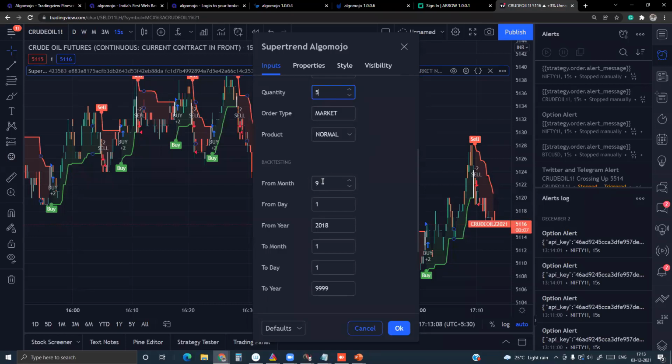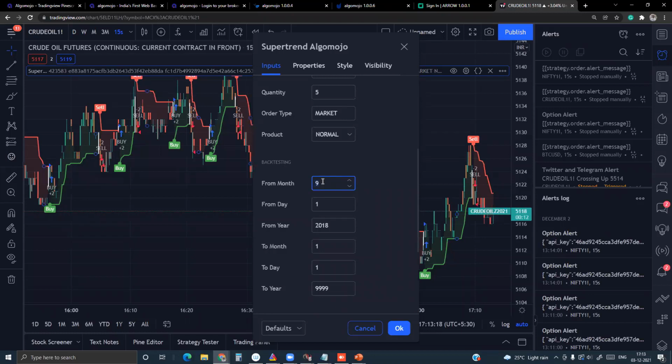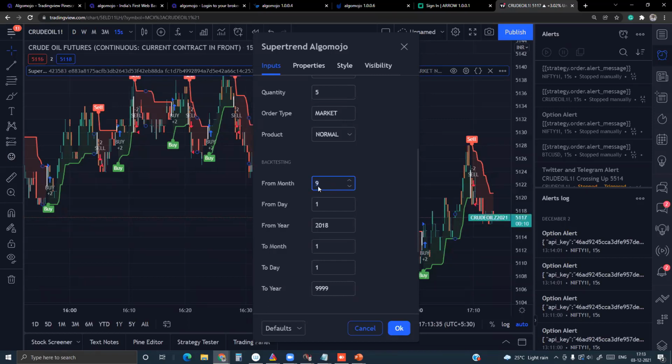In today's case, a lot of signals have already happened. So if the day is just starting, let's say the market is about to start, then before the start of the day itself, you have to create the alert. This is a one-time activity. Every time you want to trade a particular contract or symbol, mostly from a positional perspective, you have to set that particular day. So in today's case, it is 3rd of December, so the month is 12 and the date is 3.